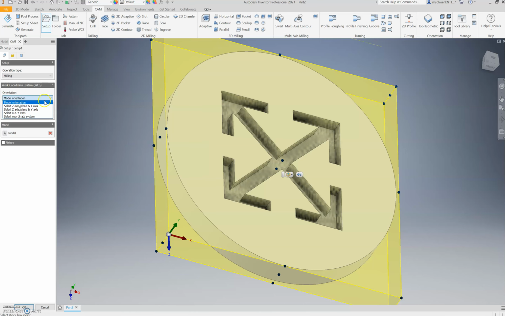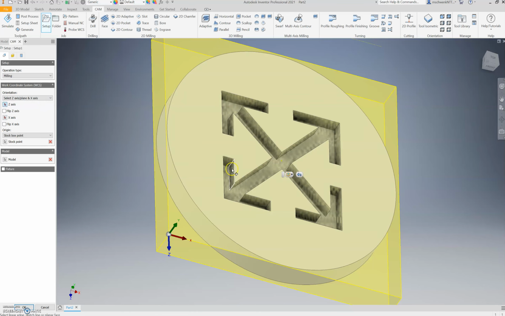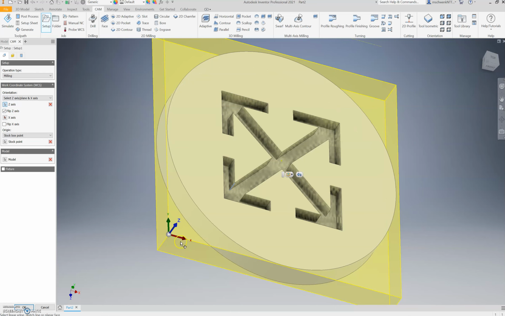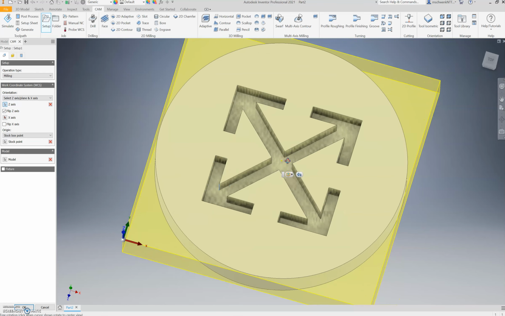So we have to change what directions our model is working with there on our coordinate system. So I like to select the Z-axis and the X-axis. In order to select the Z-axis, I just have to click the button next to Z-axis, and then find something that's moving in the direction of Z. Okay, so there it goes, and it selected it correctly, but it put it backwards, put it down. So what you do is flip the Z-axis, and then in this case, the X and Y-axis settled themselves out